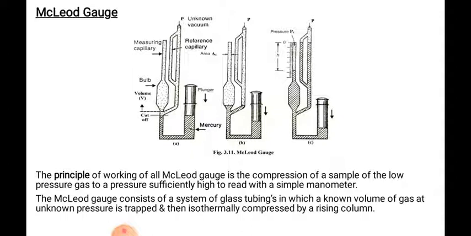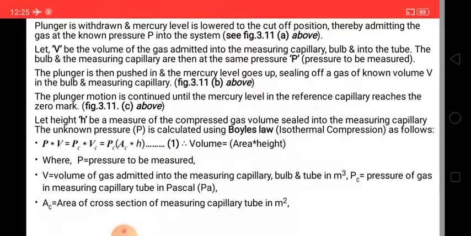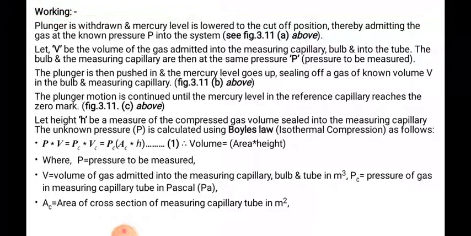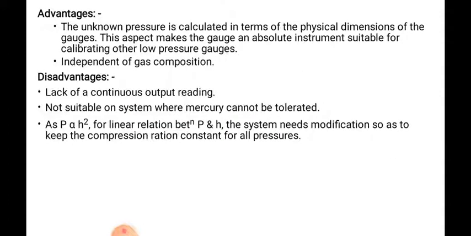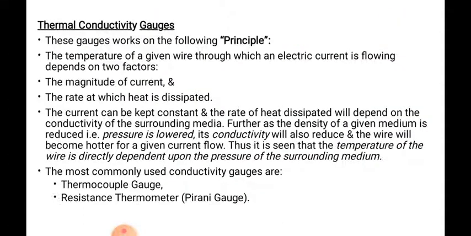In that McLeod gauge we have studied the working principle, the range of pressure measurement of a McLeod gauge, the derived form of pressure by using that McLeod gauge, and advantages and disadvantages that we have already studied. Okay, so today we are going to study the second low pressure measuring gauge, that is the